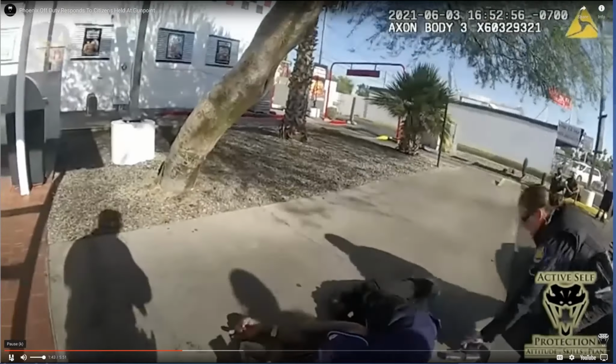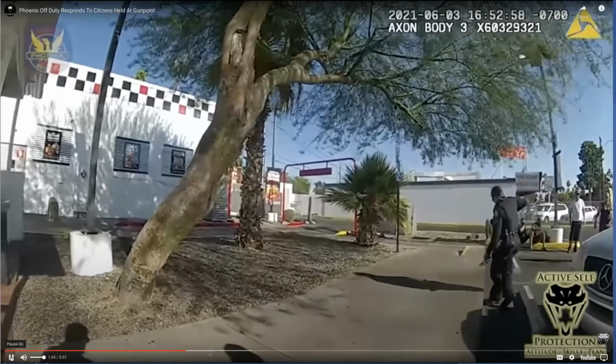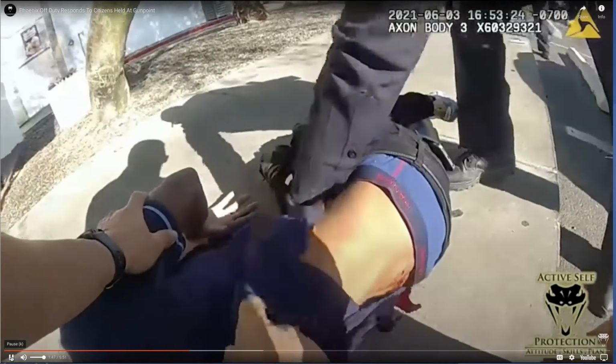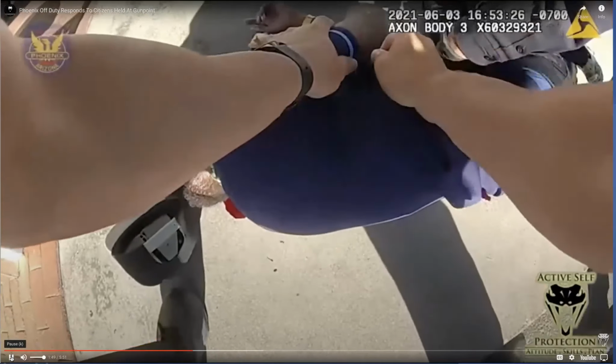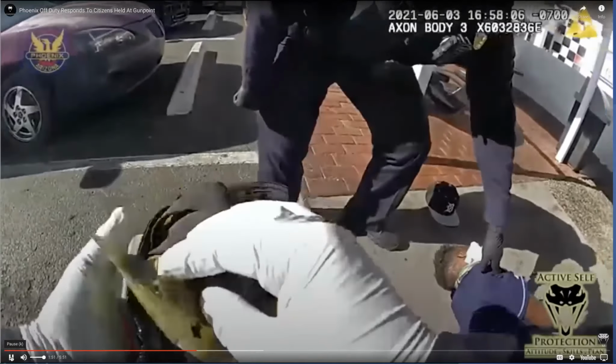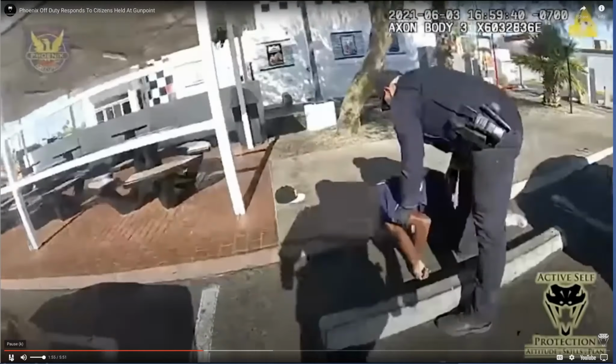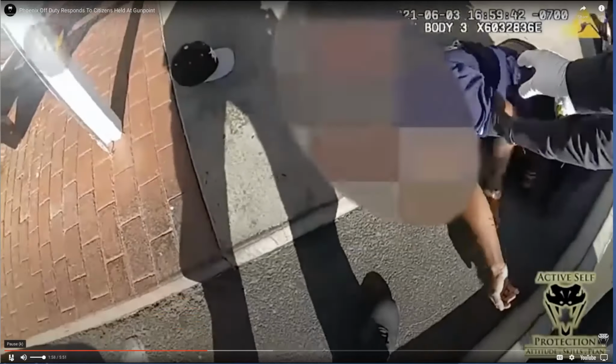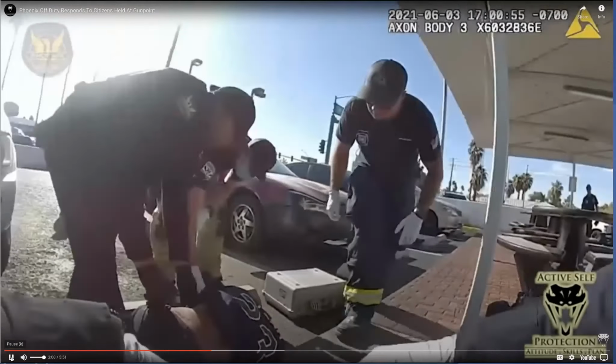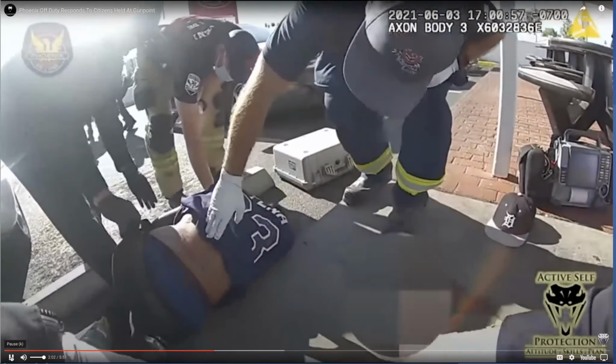So we're going to see one officer secure the firearm, and then these other officers are going to do the very best they can to do some first aid on this guy. Unfortunately, about 5 days later in the hospital, he succumbed to his injuries. We've got significant lessons to learn out of this one as private citizens in crime prevention, as well as not getting shot by the cops.